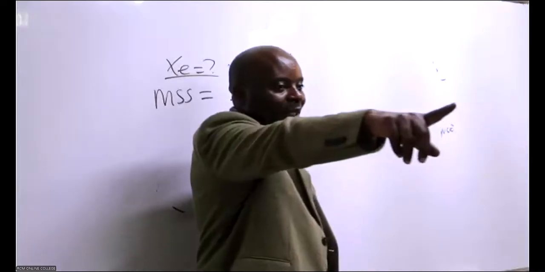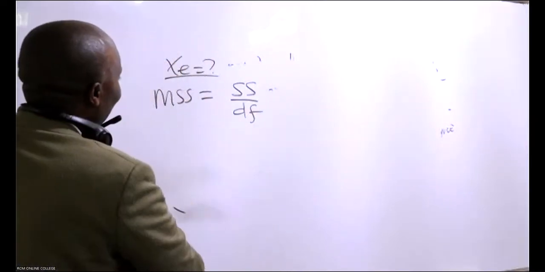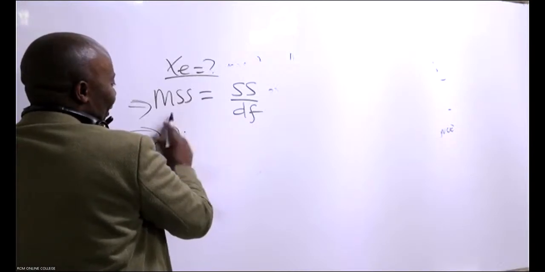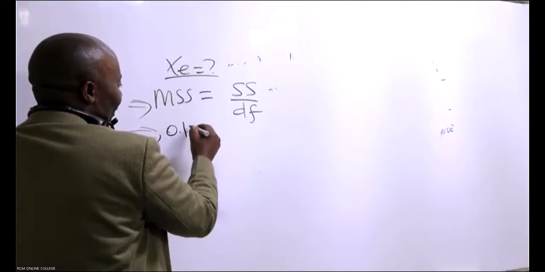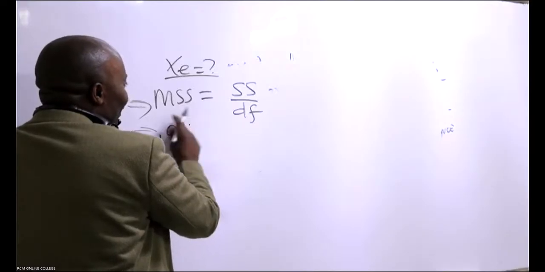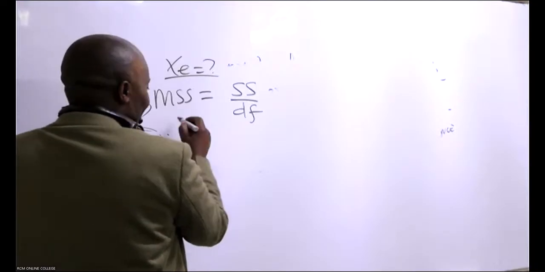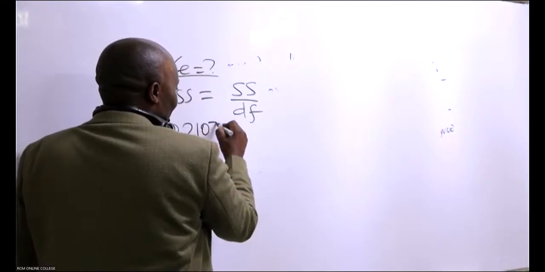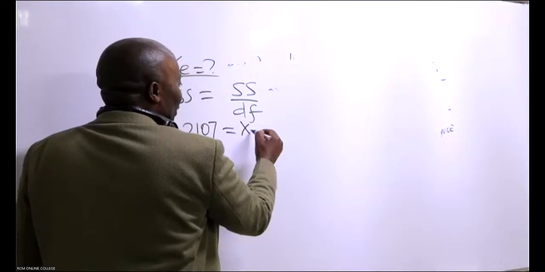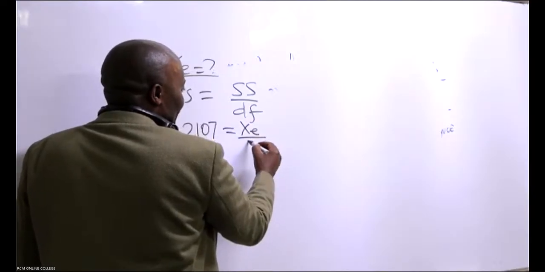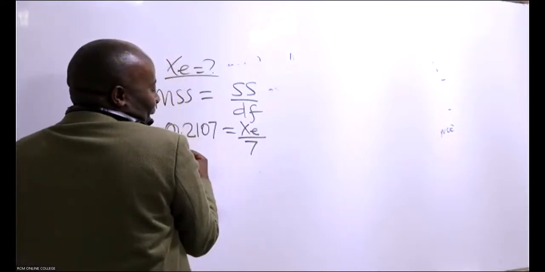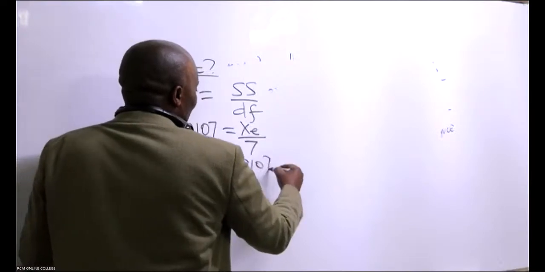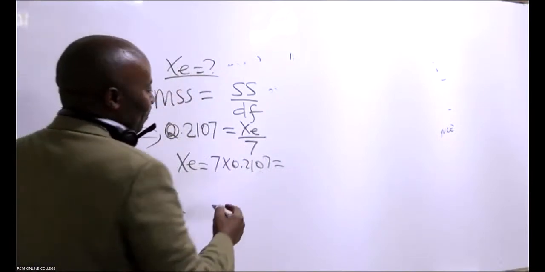I hope the new brother is able to get the question. Take care of the new brother. So I want MSS, 0.2107. SS is what we don't have, that is XE, isn't it? But degrees of freedom, we have this as 7. So when you cross multiply, we shall get XE as 7 times 0.2107, which will end up giving us